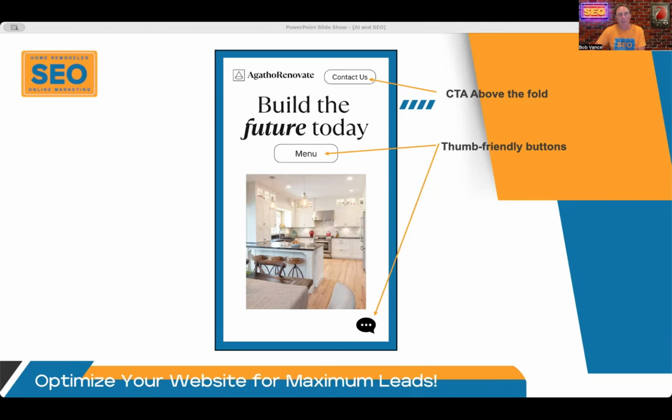Same thing with desktop. You want all the really juicy stuff right there when you land on that website, without people having to scroll. Give them a form, give them a call to action, give them an offer, give them that call to action button. Tell them what you do right out of the gate. Don't make them scroll. I see some websites where people come to me and they think they need a redesign, and it's like, you definitely need a redesign. Their whole website, when you land on it, is just one big picture. The header image is just so big. That's all it is.